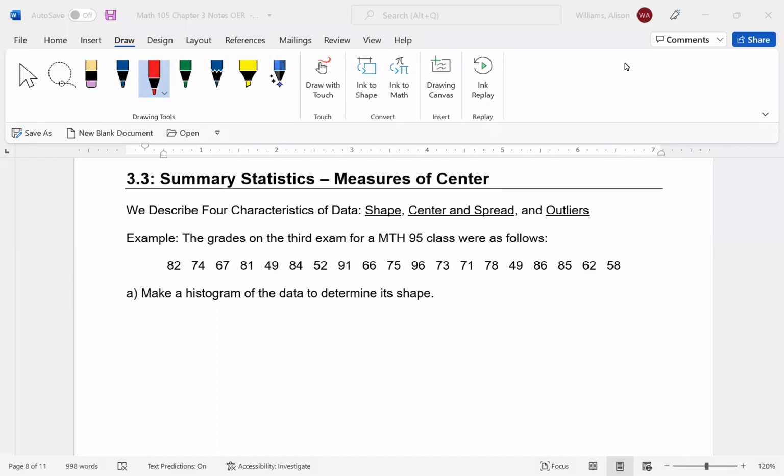In this video, we're going to look at what's called measures of center. And to do that, we do have to consider some important characteristics when we're looking at the data. They're listed here at the top. They're the shape of the data, where the center of the data is, how spread out the data is, and outliers. So outliers, most of us are familiar with that phrase, are data that don't quite match the rest of